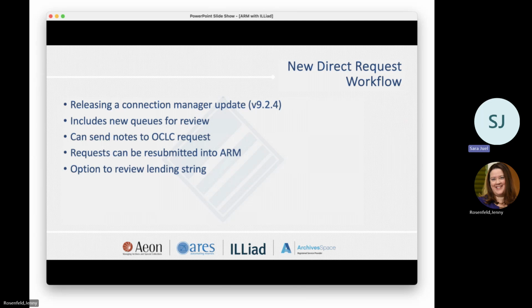So you can break things up. For example, let's say you want to send to the Express program first. If they can't possibly find fulfillment in a lender string for that, you can have it pass back to ILLiad to process through other avenues. And if you can't fill it in ILLiad, you could send back over to OCLC and go through any other ARM automations you may have. That kind of just allows for a breakup of workflows to manage how you would like. The other thing is you can have the opportunity to review the lending string that is added to the history table on the request form.